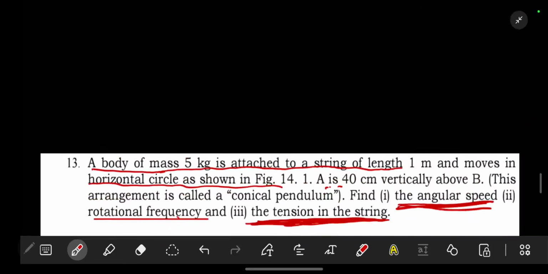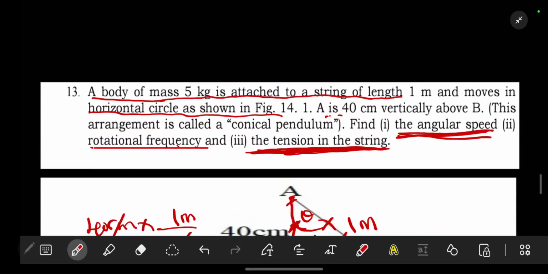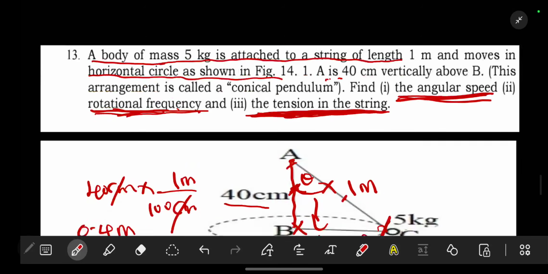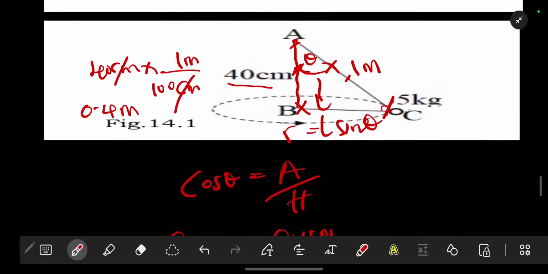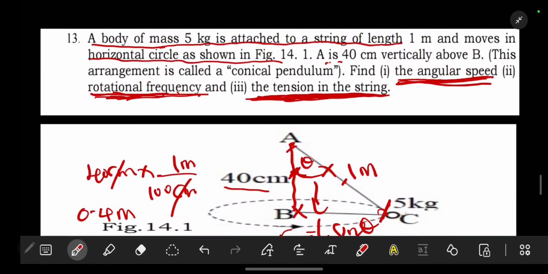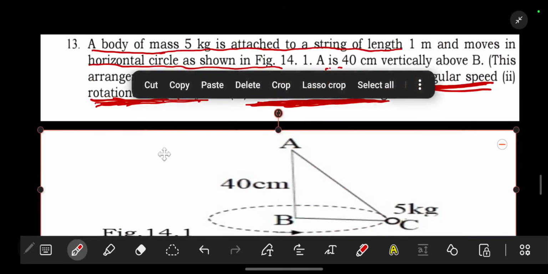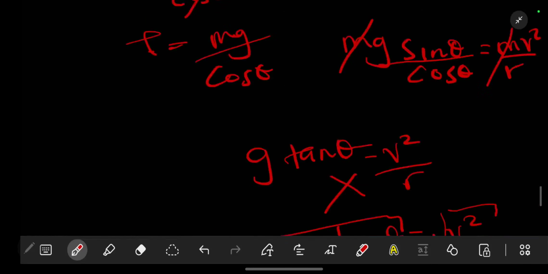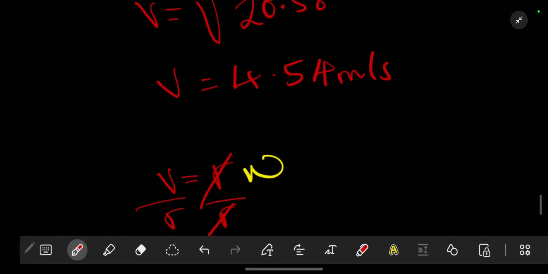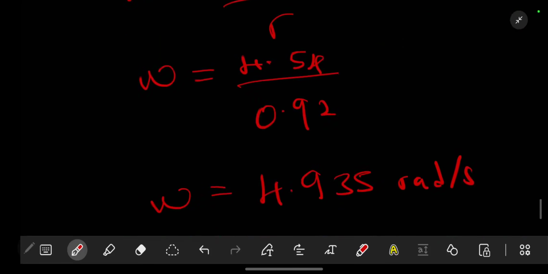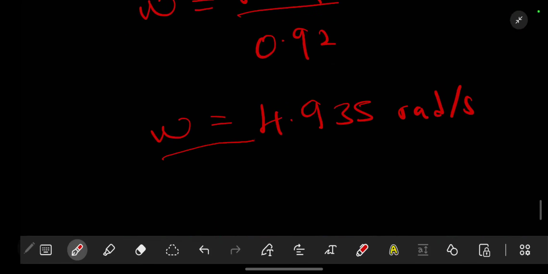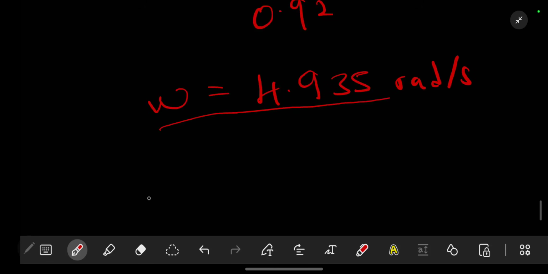Then the second part says, find the rotational frequency. Is just that normal frequency, which is the number of rotations per second. Frequency is the number of rotations per second. Now we don't know the number of rotations, so we are going to use knowing that we have found. So if you have failed the angular frequency, it means you will also fail this other one, or the angular